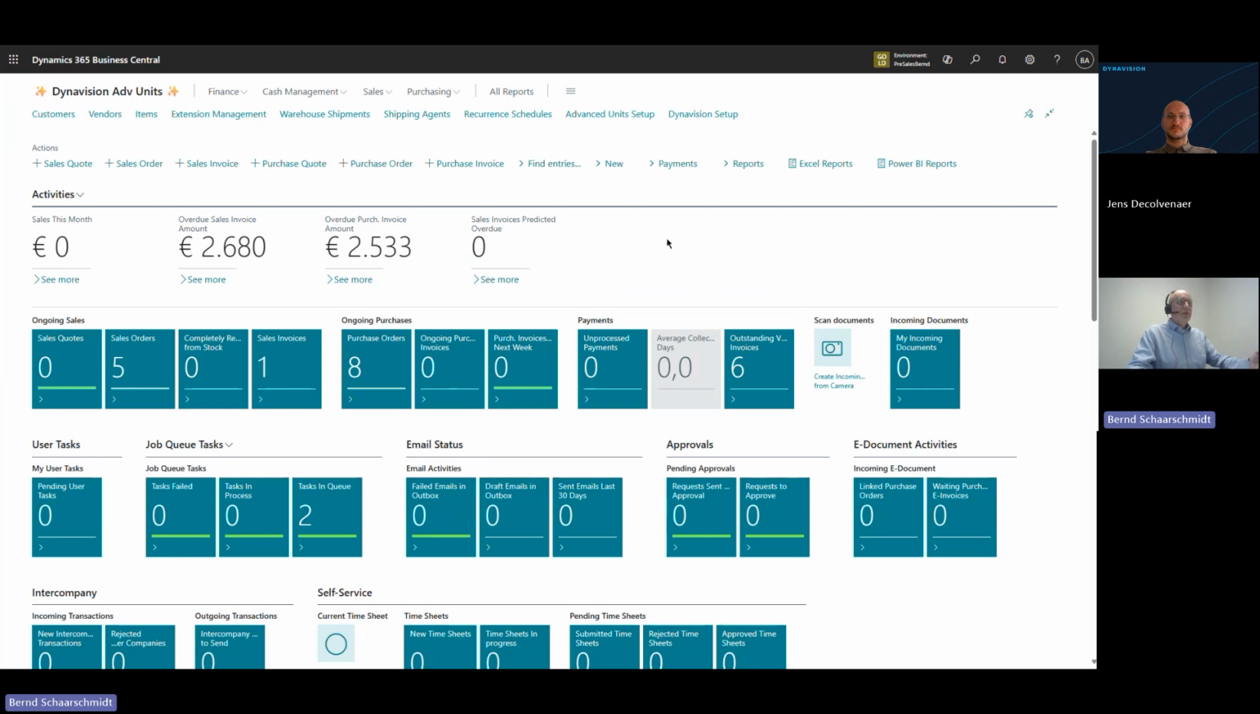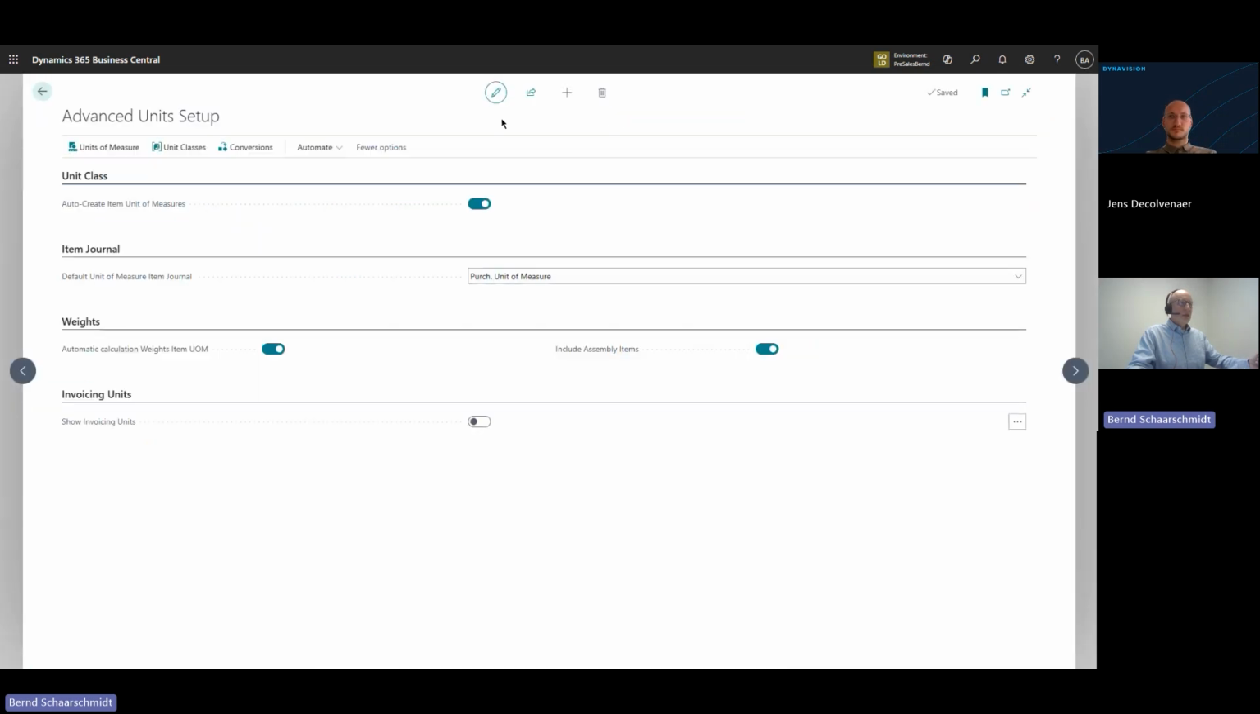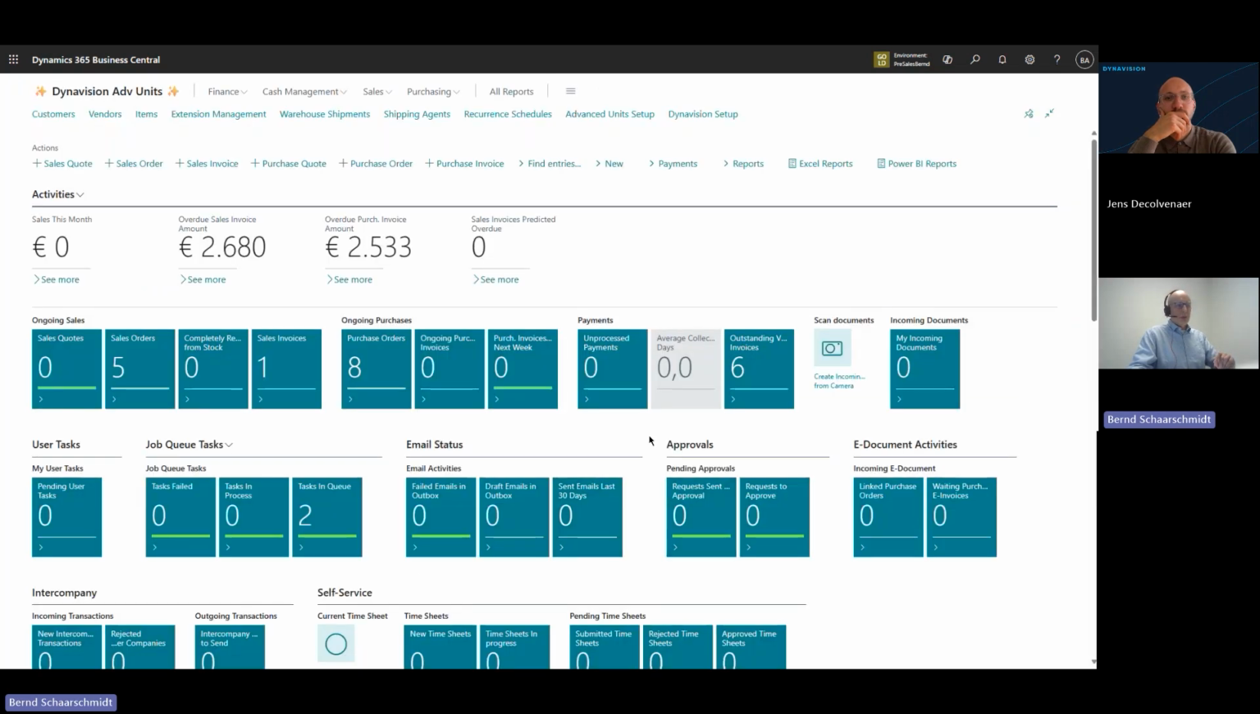So for the final thing, we go again to the advanced unit setup. And on the advanced unit setup, the invoicing units are still disabled. Because that's quite a bigger feature of the app, you can also enable or disable the invoicing units, whether you want to use them or not. Just by clicking on the setting, the invoicing unit is enabled. So once again, the invoicing unit is